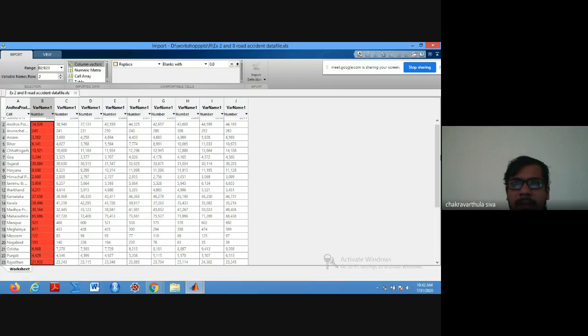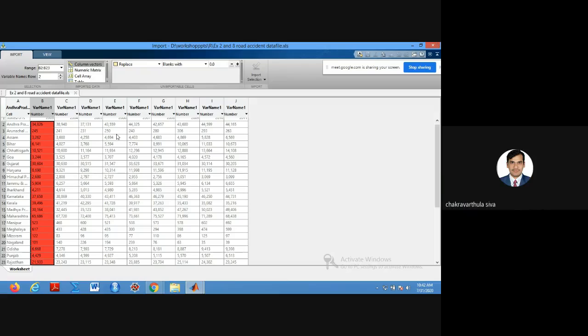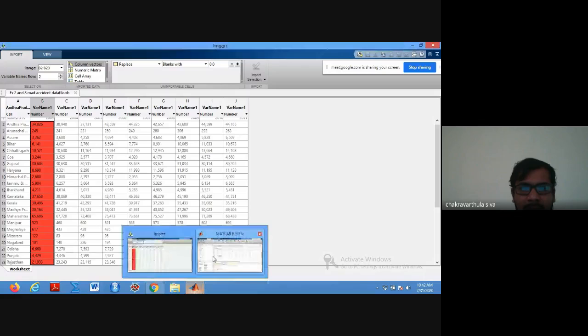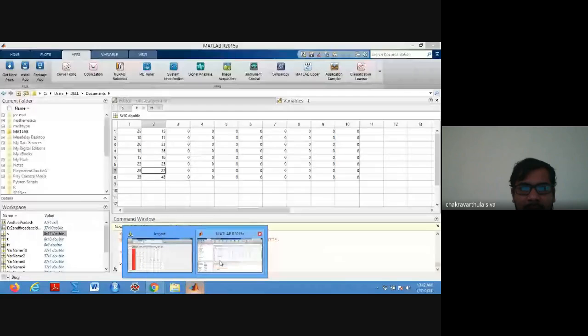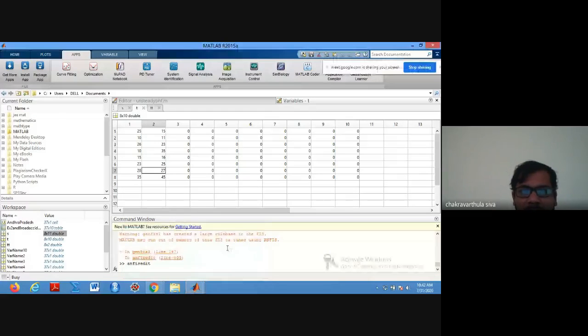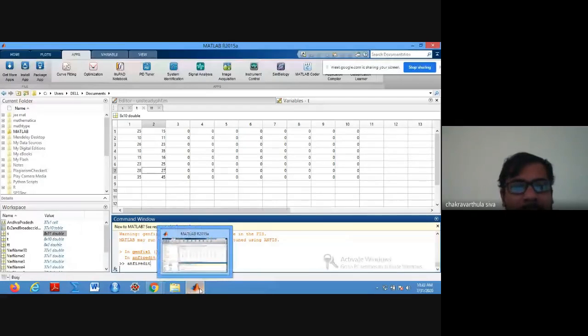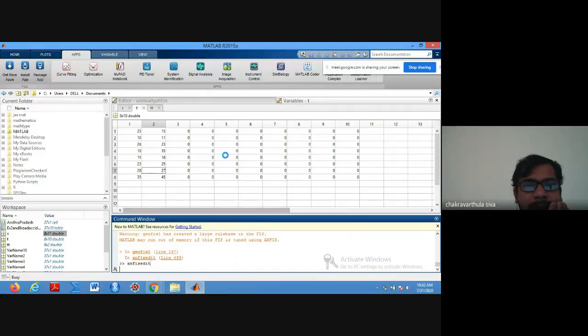Yeah, just wait. It will take time to open the Fuzzy Neuro system. As we already told, we need some kind of data to generate here.